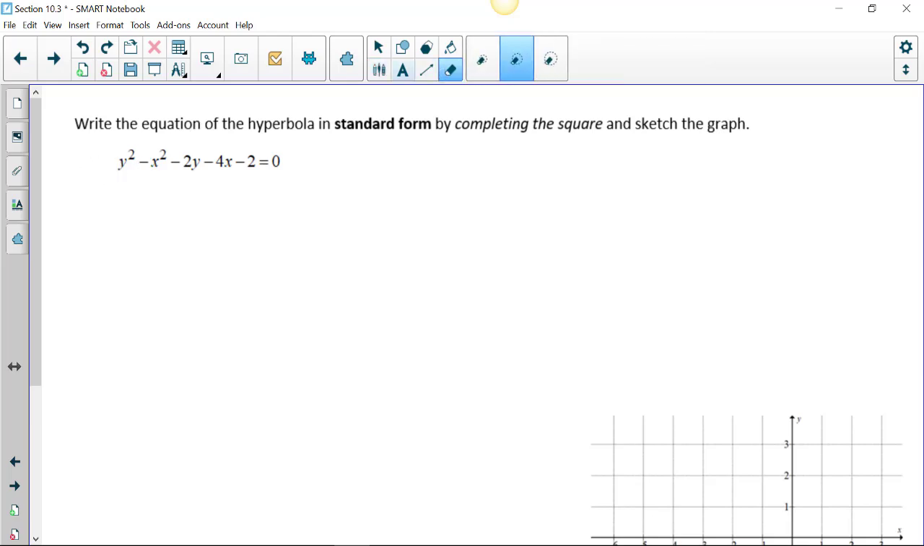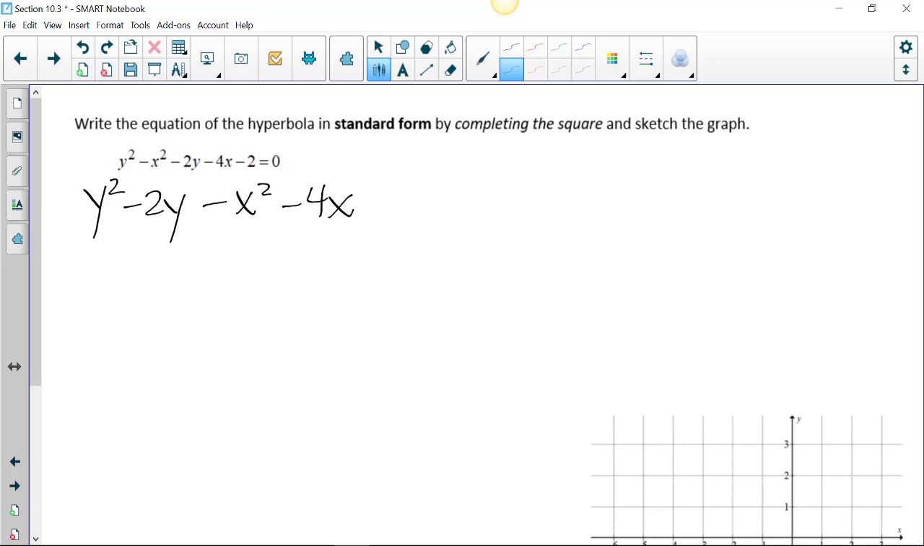That just isn't good, so we'll erase that. All right, so let's arrange it so we can put it in standard form. So we're going to rearrange the y terms together, put the x terms together, and move the 2 to the other side by adding. Okay. Now,